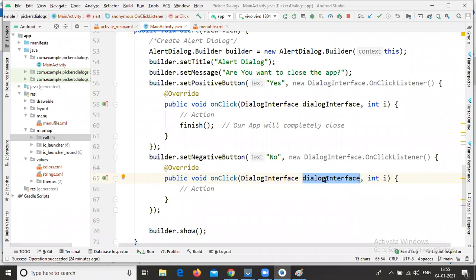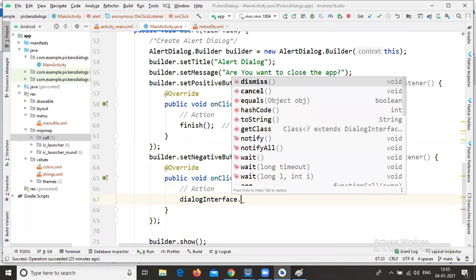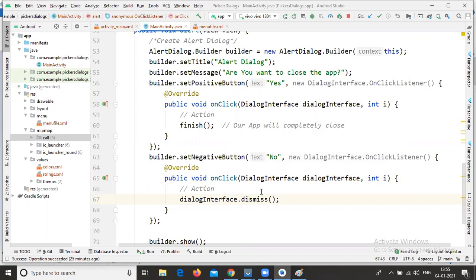You can call dialog dot dismiss or dialog dot close. Here I'm calling dialogInterface dot dismiss. This is the way you need to implement the alert dialog and write all these functionalities. Now all of you run your application and check your output, whether the dialog is displaying or not.